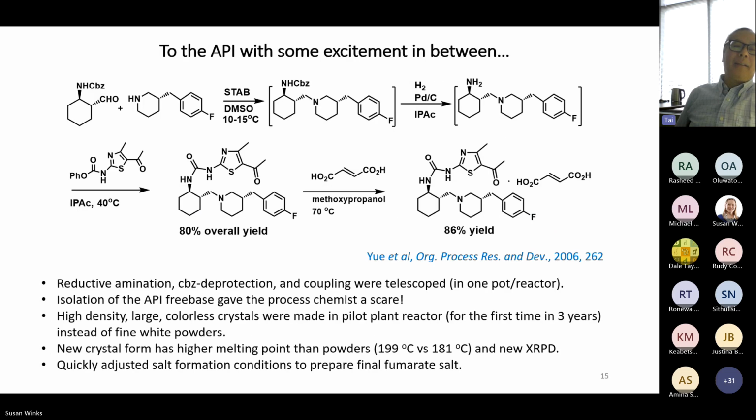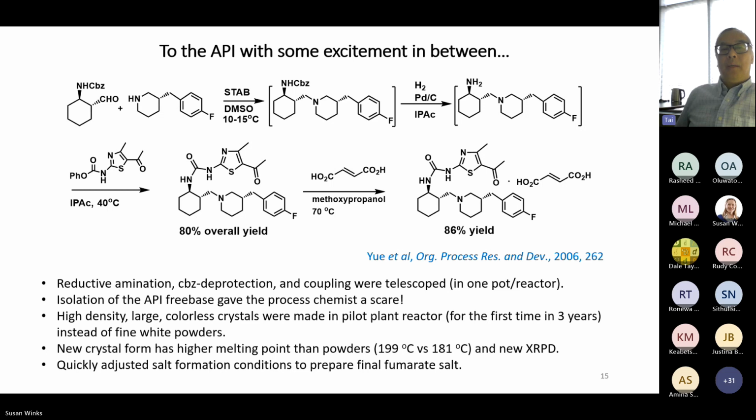Now we're putting everything together. So, from the bisulfite salt of the aminoaldehyde, in one pot, or in one reactor, we're doing 3 reactions. The reductive amination using STAB as the reductant, so that we get to the alkylated product in the middle. In situ hydrogenation with palladium on carbon to remove the Cbz group, and then the urea formation with the activated carbamate with the thiazole on it gives us the API free base in 80% overall yield in 3 steps in one